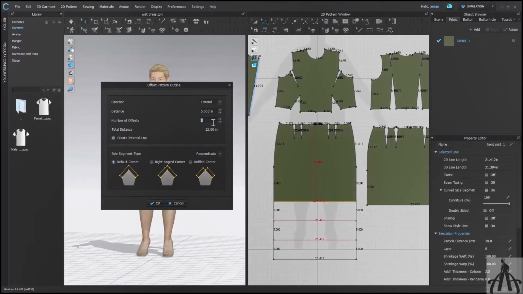Next we have an information which is showing us the total movement of our pattern. Here we have only extended this by the value of 5, but we also added 3 internal lines. That's why we got 15 here, since 5 into 3 is 15. Till now we have discussed so many features here, but I haven't told you about the direction. So let me show you that as well.